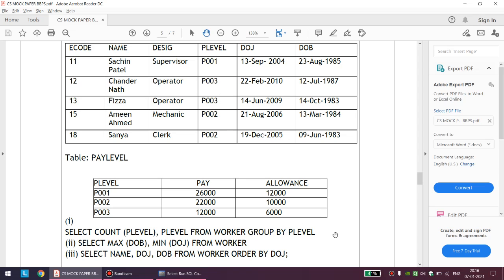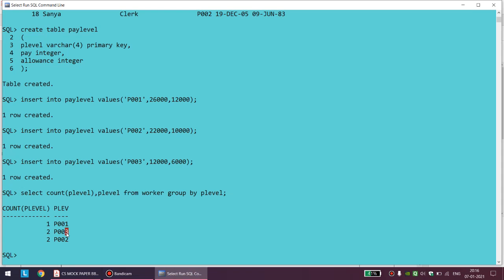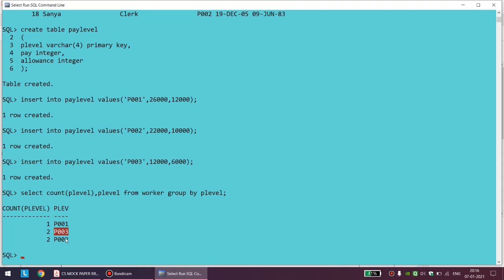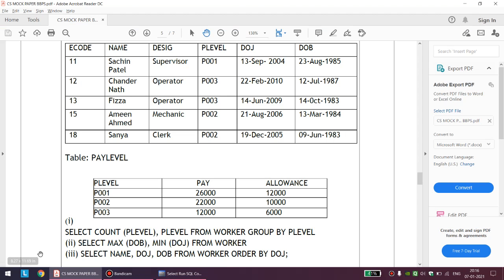Now what will this group by do? As I told you, P001 is coming once, so there is no problem with that. P003 is coming twice, so what will group by do? Group by will make sure it is not printed twice because they are same. So as you can see, P003 is not repeated twice, it is printed once, and that is the use of the group by function. Common things, it is clubbing into one single entry, and the same can be said about P002. It is coming twice, so group by is clubbing common things into one single entry. Okay, so I think that is clear.